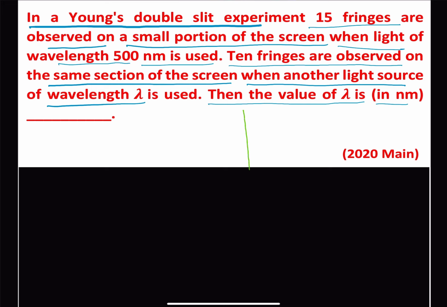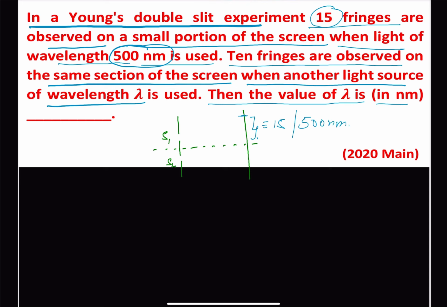Suppose this is a screen and we have two slits, slit S1 and slit S2, and it is mentioned that somewhere on this screen we are having 15 fringes when the wavelength of 500 nanometer is used. Okay, so let us suppose this is the region in which 15 fringes are there when we are using the wavelength of 500 nanometer,